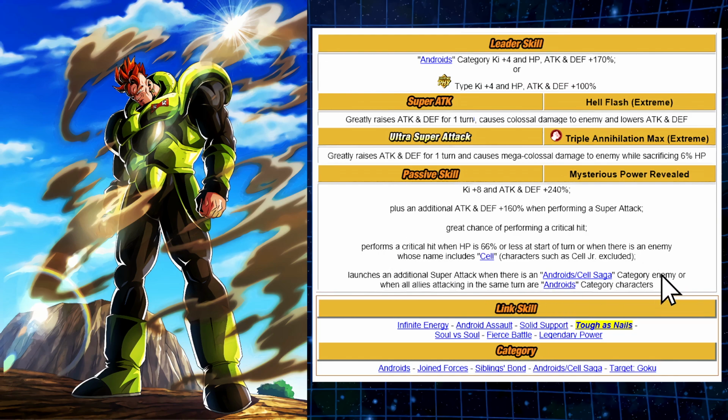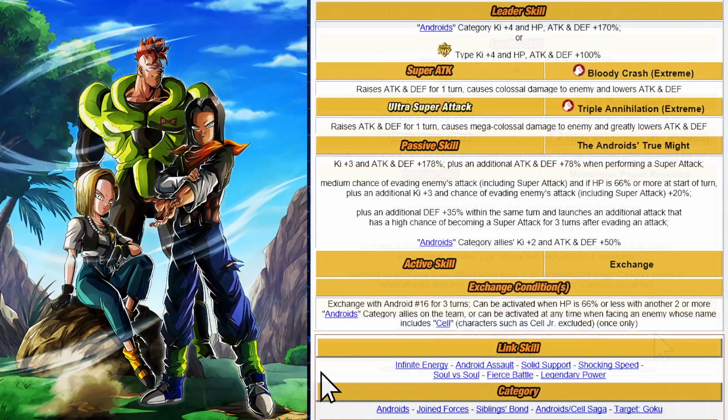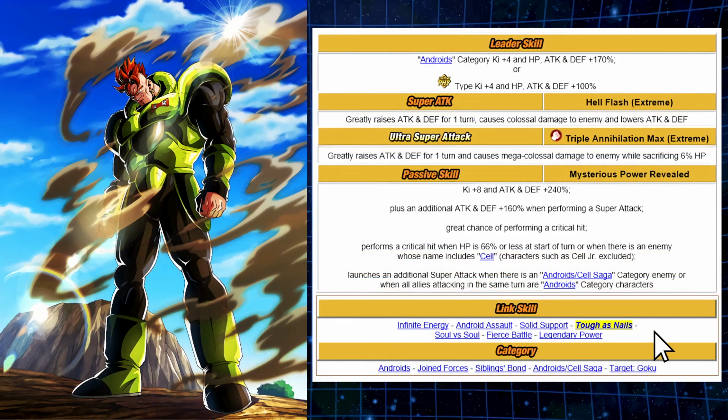But generally speaking, some of these teams, especially what I'm going to be showing you in the Android 21, you've got a unit like Bulma that's hard pressed not to leave that unit on the team. Now you do change the link skills from Shocking Speed to Tough as Nails on here. So that is the change of link skills. And again, I'm not a huge fan of changing link skills. I wish they were able to just add that on. So that's pretty much the stats for